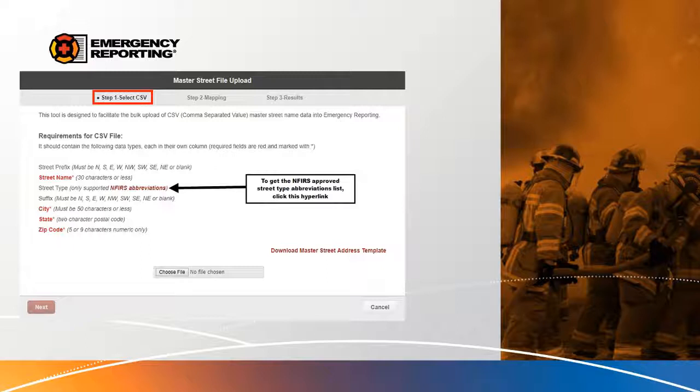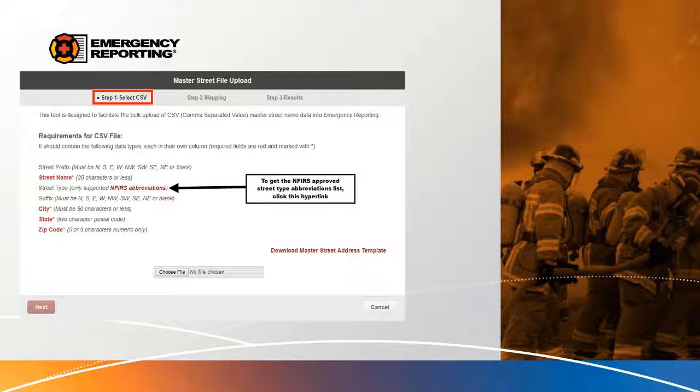If you do have CAD, the address information will autofill for incidents if that's what you're looking to use it for. So if you guys have CAD, then obviously you guys will not need to use this for the incidents module, but it may still be helpful for hydrants and occupancies.